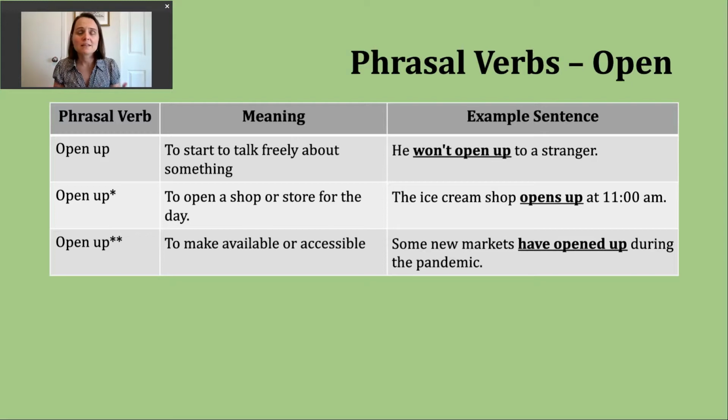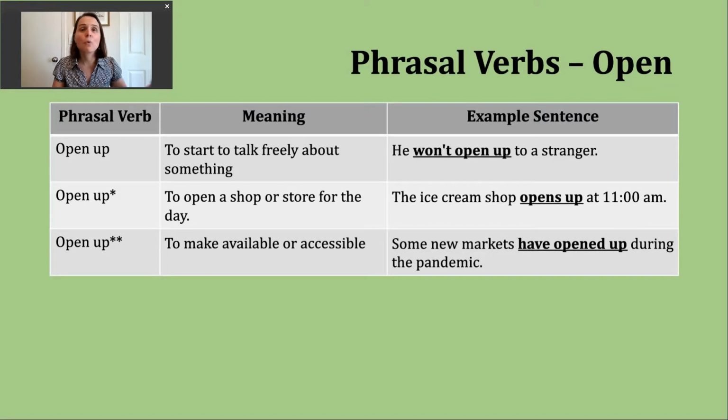An example sentence could be, he won't open up to a stranger. So this sentence is describing someone who's going to be more reserved, keep their thoughts, their feelings to themselves, versus sharing and talking freely. A second way you might hear the phrasal verb open up used is to refer to